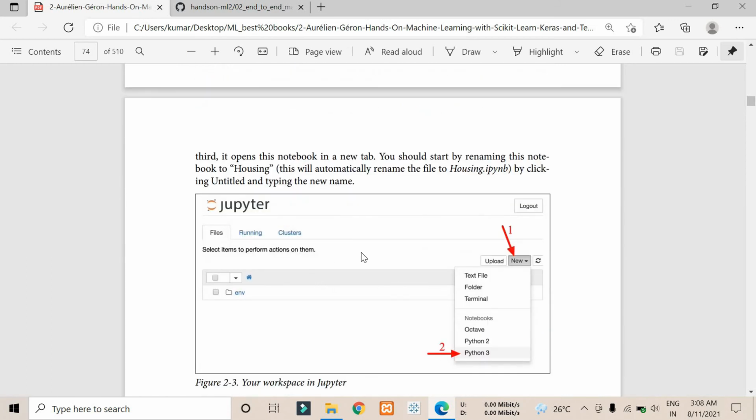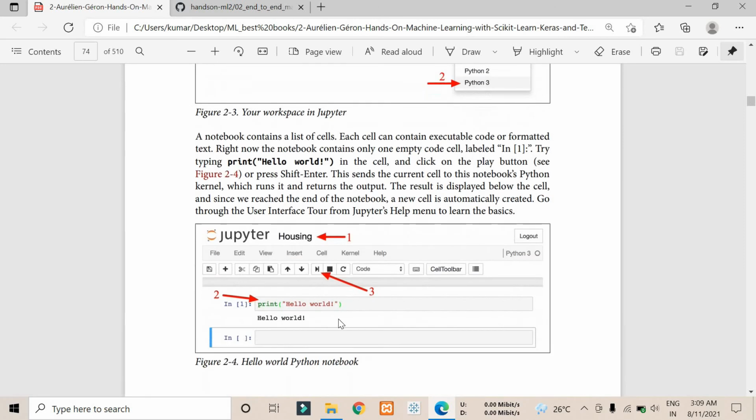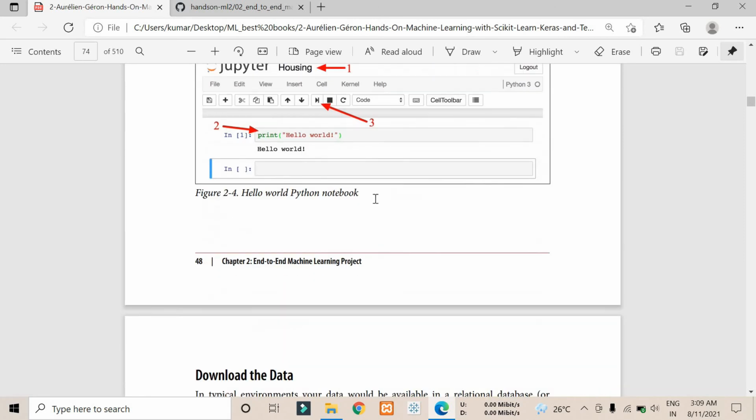They have mentioned that if you want to use Jupyter notebook, you can go to Jupyter, then create a Python 3 program. Basically they are trying to introduce Jupyter notebook in chapter 2, so that people who are not familiar with it can get familiar.